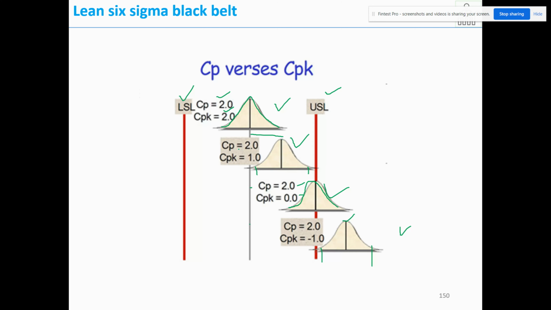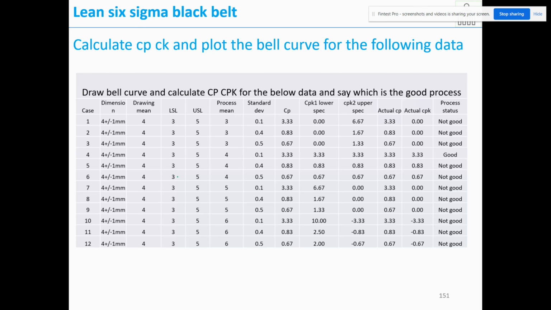So now we understood what is CP-CPK. In CP we are going to see, for the given tolerance, for 6 sigma variation how much percentage you are consuming. Based on that we say there is a capability. That means there is a consistency. CPK is nothing but with the same consistency, how far your process mean is away from the drawing mean. The goal is your process mean should overlap with the drawing mean. So this is an explanation for CP-CPK.